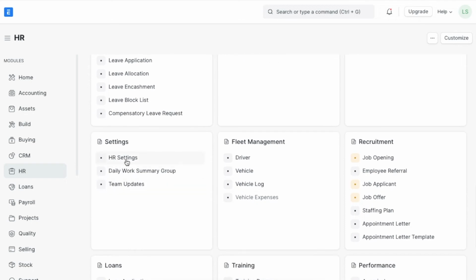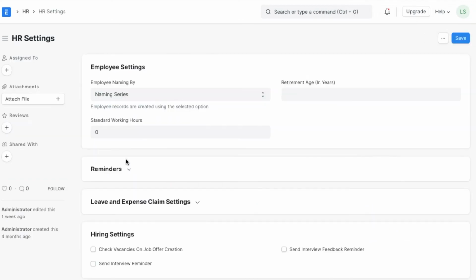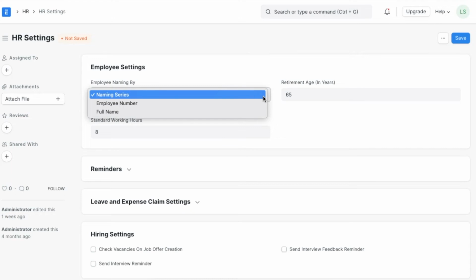We can define a retirement age here, according to which any particular employee's retirement date will be calculated. For example, we can set the retirement age as 65. We can add standard working hours and also change how the employees are identified in the system. Suppose we want to use the employee's name instead of a naming series, we can select that here.